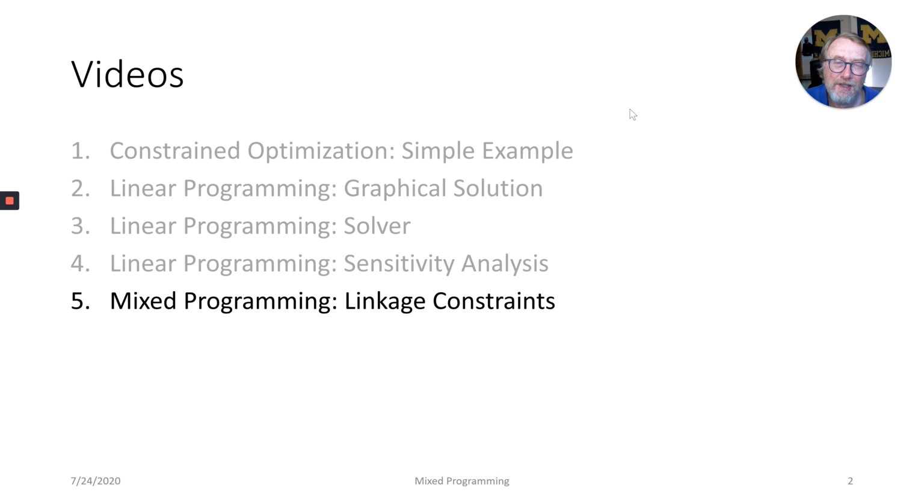So this is the 5th video in a series of 5 videos. We started out with constrained optimization, just a very, very simple example. And then we went to linear programming, where you can have more than one decision variable, right? You can have more than 2, 3, 4, 5, 7 decision variables. And you can also have constraints. So in linear programming, all the functions are linear. It's the constraints that make it difficult, right? And so modeling those constraints and learning to manage around those constraints are very important. What we're going to do tonight is take a look at the linkage constraints with mixed programming to try to